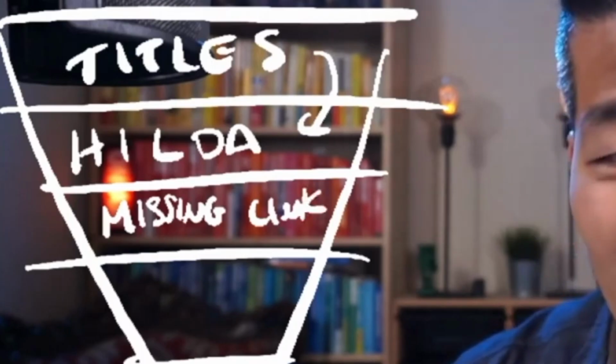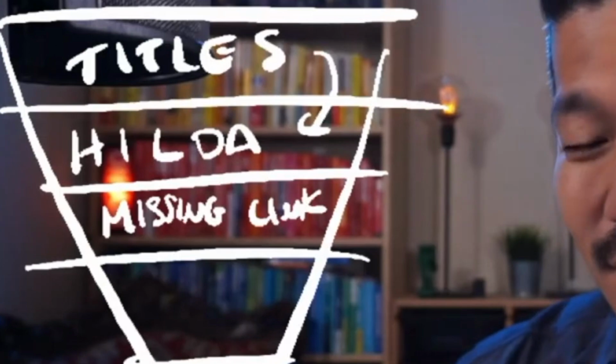And if your title is good enough for them to keep watching, then you need a great structure where we have something called Hilda. What are you going to ask them for? And this is where you want to offer something called the missing link. The viewer never knew they always needed. And this is where you want to combine something that is an aha moment, gives them a dopamine hit, and generates some FOMO. You give them some information that makes them realize that they never knew they always needed this.